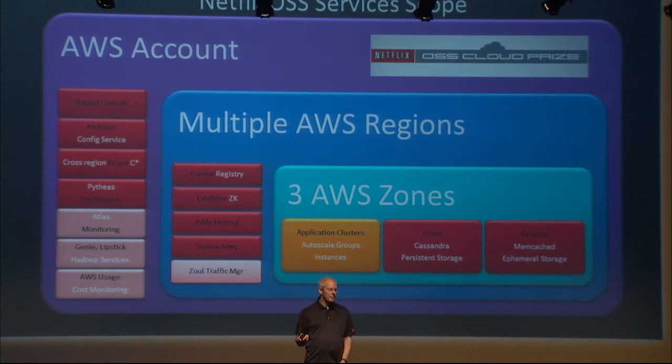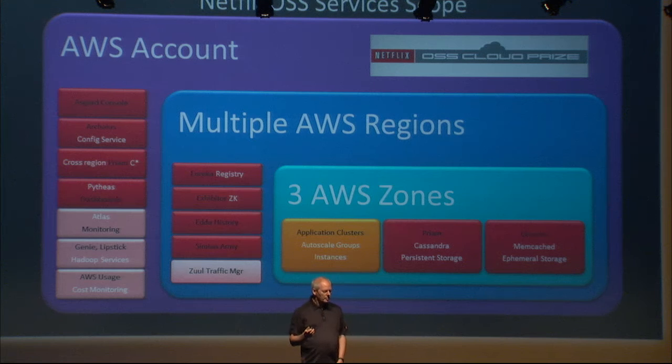Within each region, you then want a registry. You want Zookeeper running. We typically have Zookeeper within region, but not cross-region. Edda, which is a history service. Simian Army, all those monkeys running around. And we have a traffic manager, and this one's going to be released later this week, which basically we use for routing and processing the incoming traffic streams as they find their way to applications. Those are fairly new announcements.